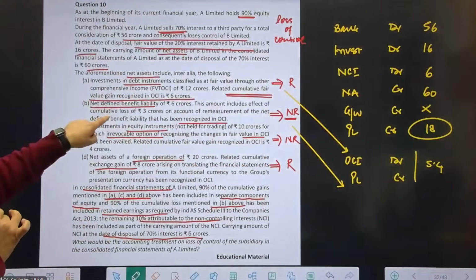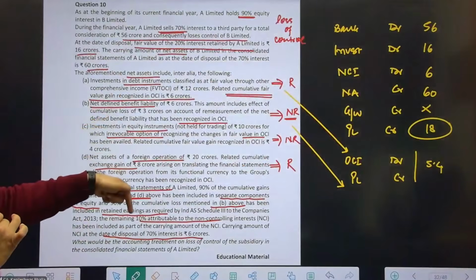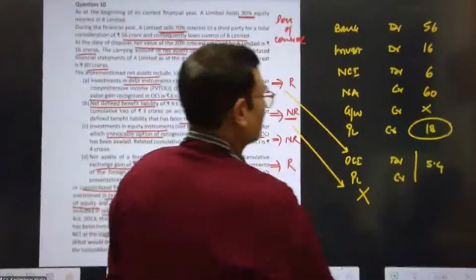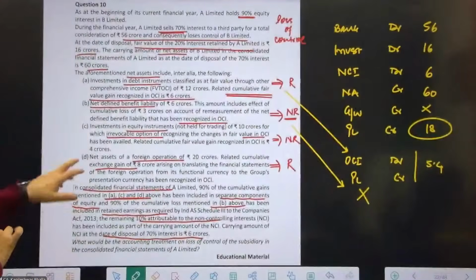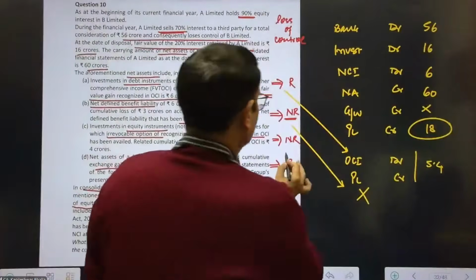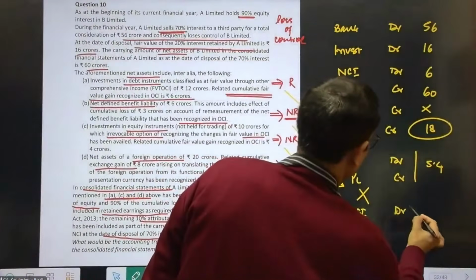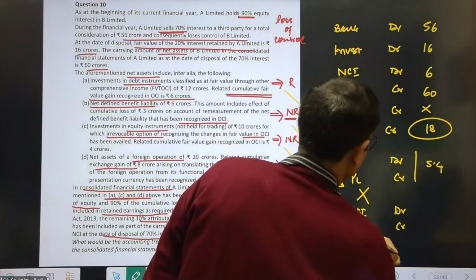This amount is as it is standing in the retained earnings column. So can I say nothing is to be done? I don't need to make any transfers for point B. Then it says equity investments. So this is going to be taken where it is a case of NR. So we'll put this in retained earnings.